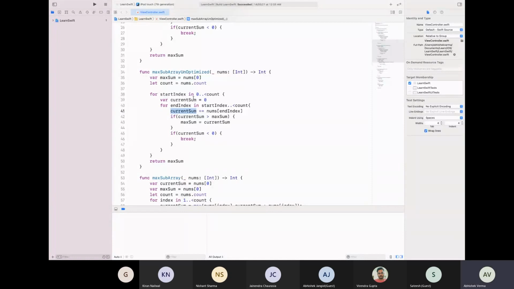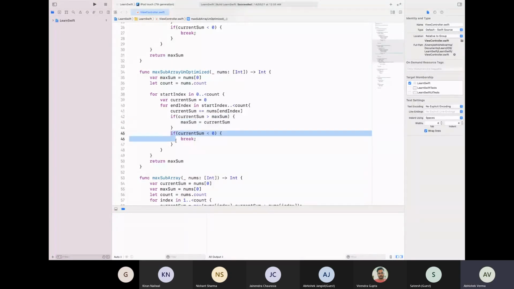At every iteration where we start our indexing, we set the current sum as 0, and this end index goes from the start index until the last position of the array. So this current sum will keep on adding, and we check whether the current sum we have calculated is greater than the max sum. If it is, we update the max sum.